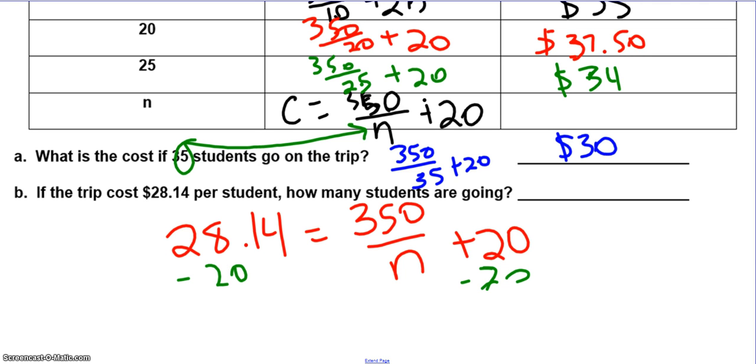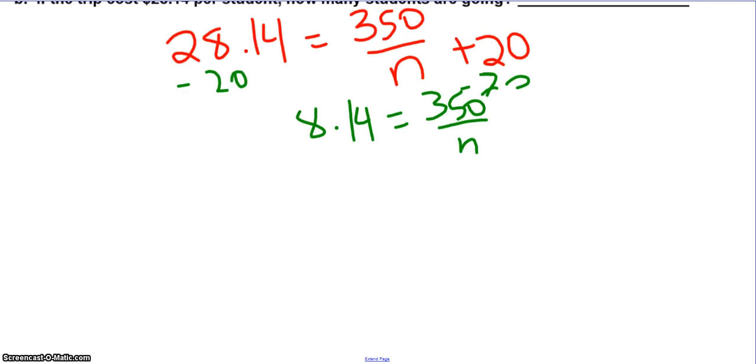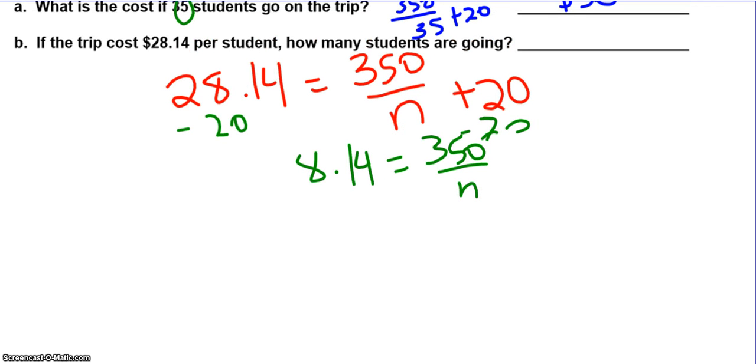Okay, when I do that, I get 8.14 is equal to 350 divided by n. Okay, I need to extend the page. Give me a second. Alright, so now what's going to really happen, because I know last time in the video